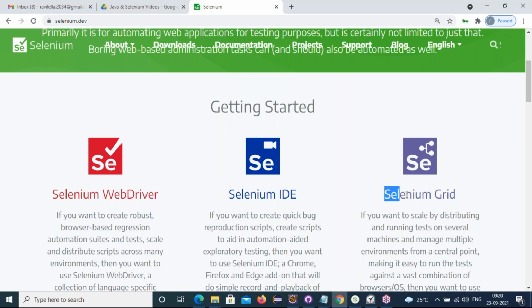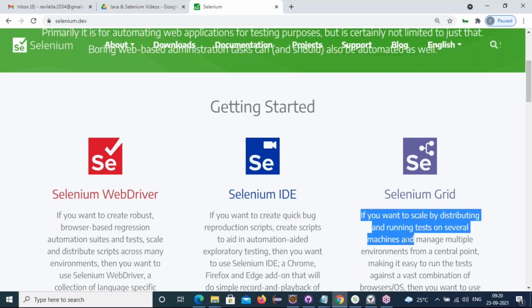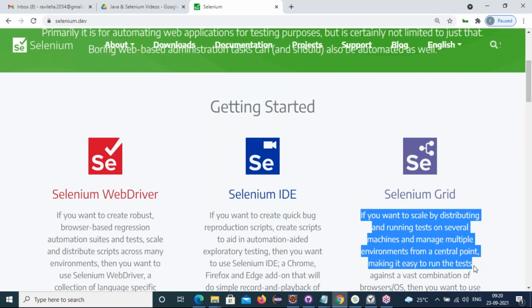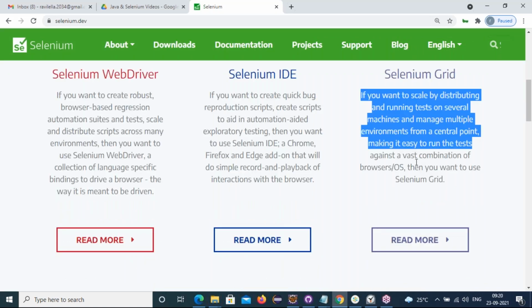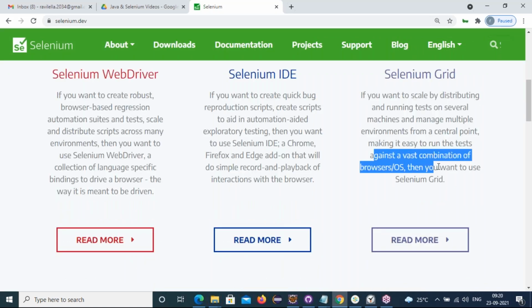Selenium Grid is one of the components which scales and distributes your developed WebDriver scripts to execute on multiple platforms and multiple browsers. If you want to scale by distributing and running tests on several machines and managing multiple environments from a central point, making it easy to run a test against a vast combination of browsers and OS, then we use the Grid.